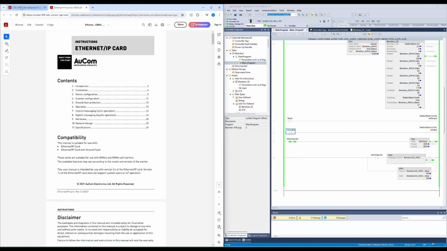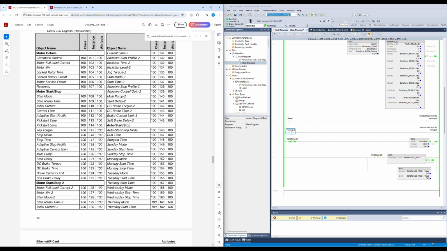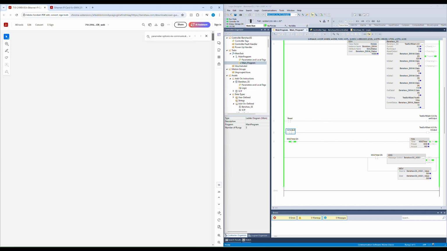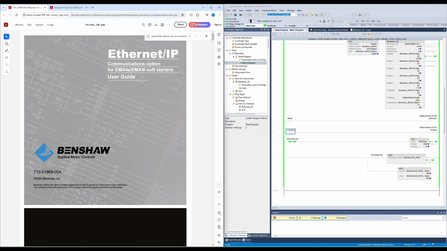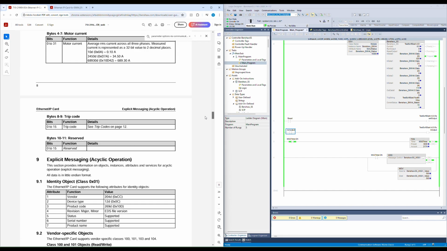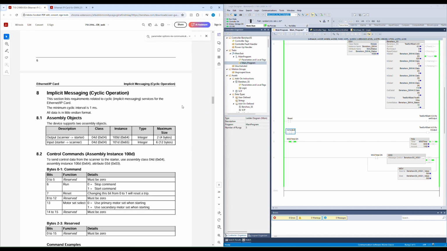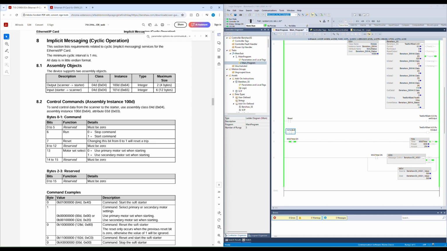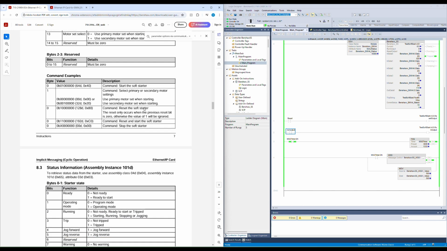I jumped into the older manual, which is dated 2020. It is for the same thing though. It's Ethernet IP for EMX4i and 4i. And in this one, you run down, it's got a little less information on other stuff than the newer manual, but it goes through the same thing,